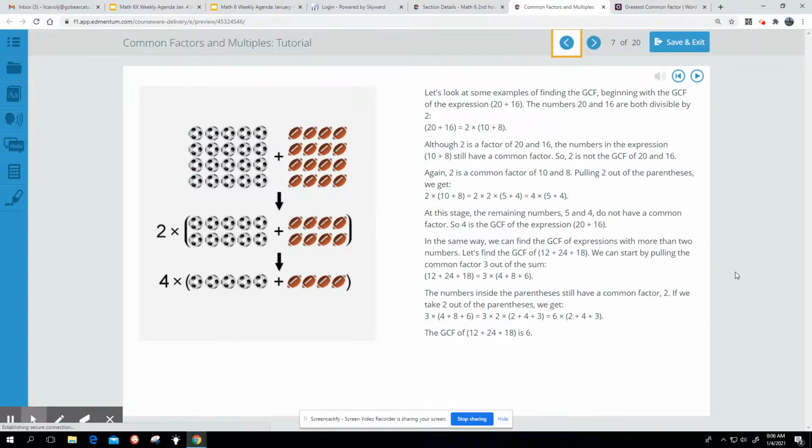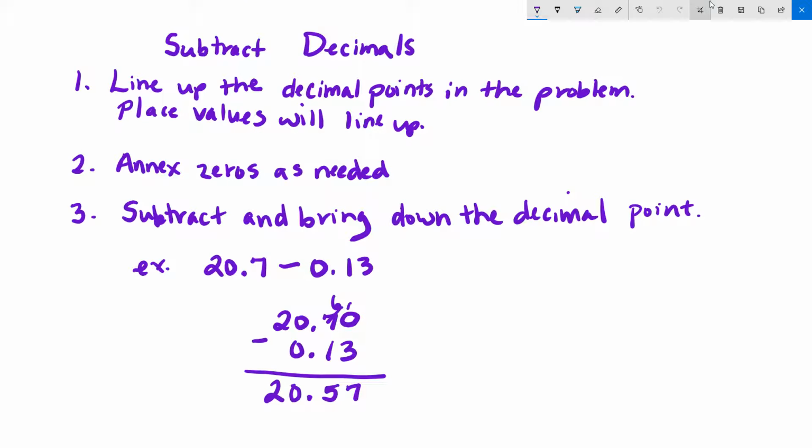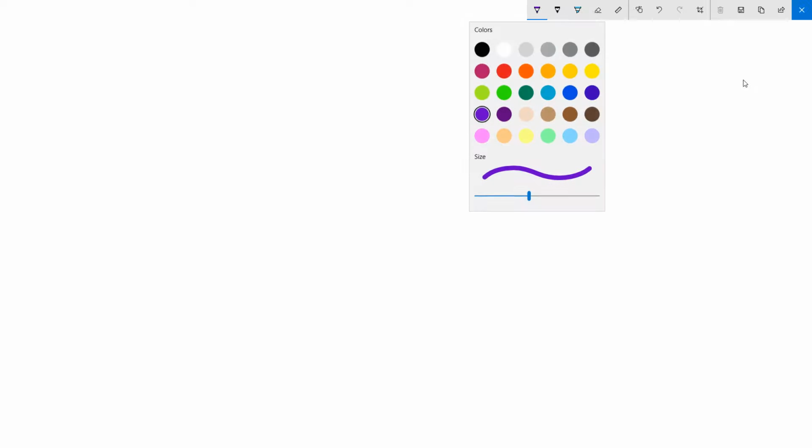Okay, so all of that explained the greatest common factor, but there is maybe a little bit simpler way to understand greatest common factor. We're still going to be using the distributive property that we saw, but instead of continuing to divide out, we can find the GCF using a T-chart. So again, the greatest common factor